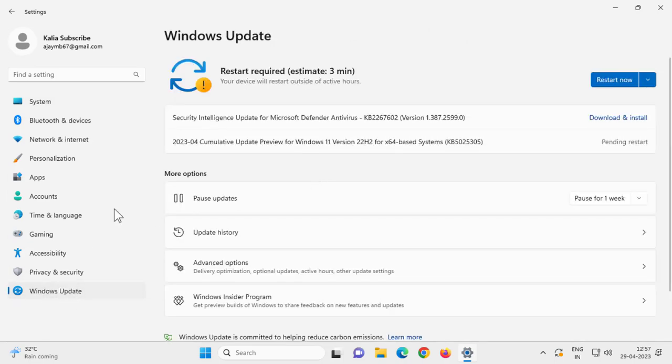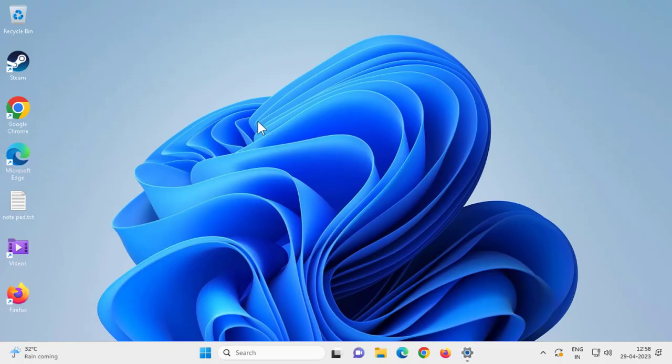on the left side here, and pending restart here is, guys, pending restart, and one update is there. Click on download and install. After finishing this, go ahead and restart your PC, guys. And you are supposed to get this. If somebody does not get these problems,